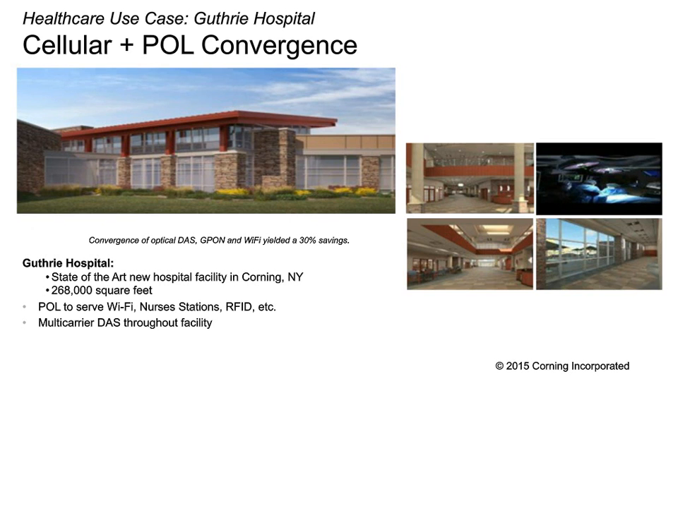It's Guthrie Hospital. Guthrie Hospital is a healthcare system that was developing a brand new hospital building to be built, a state-of-the-art facility in Corning, New York. And they were building this property from the ground up. Guthrie Hospital made an active decision and selected PON as the technology for their LAN network. So that was decided before we were even involved with the DAS. They used the PON network to serve Wi-Fi, nurses stations, RFID, and many of the other IP services in the